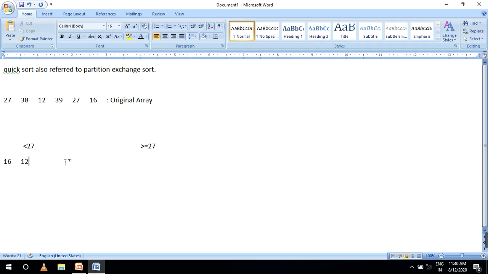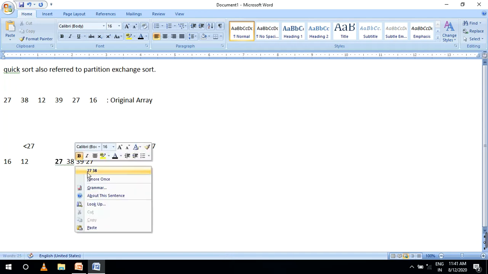In between, 27 is the pivot element, and this will be sorted. After that the remaining elements are 38, 39, after that 27.